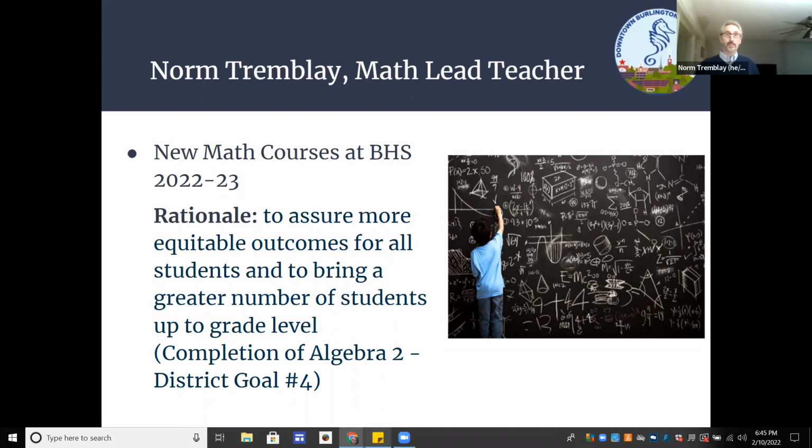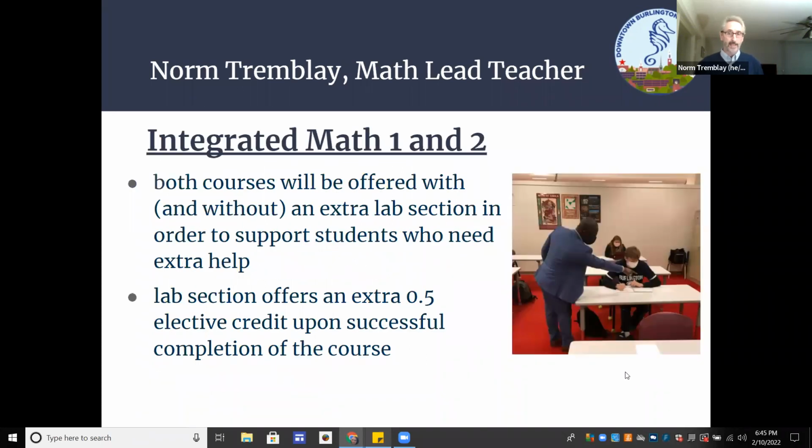So given the fact that the district set it as a goal and we ourselves had seen a need, what we decided was to pilot and implement 2 new courses here at Burlington High School. We're taking the algebra and geometry courses, and we're still teaching algebra and geometry, but we're now going to blend them together over 2 years into what we're going to call Integrated Math 1 and Integrated Math 2. So all of the algebra and geometry skills are still there, but now in a more thematic